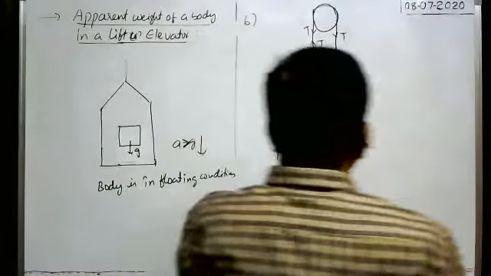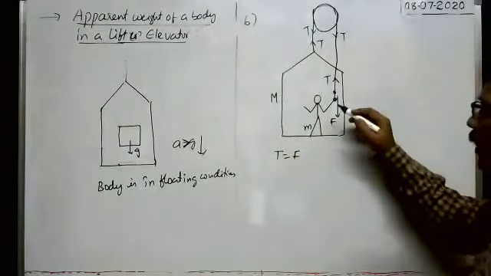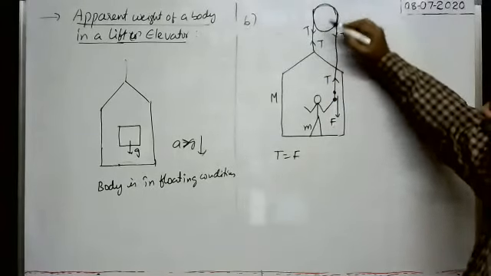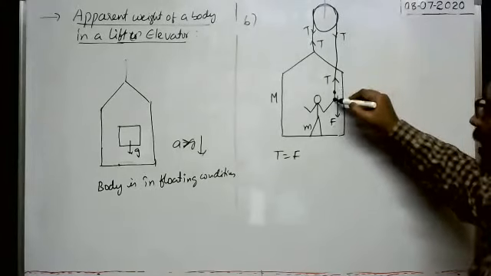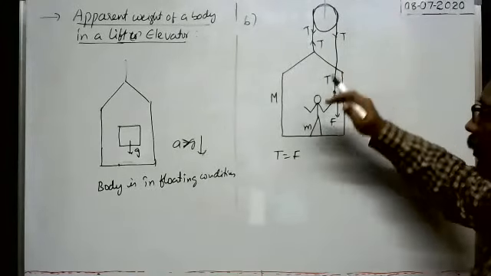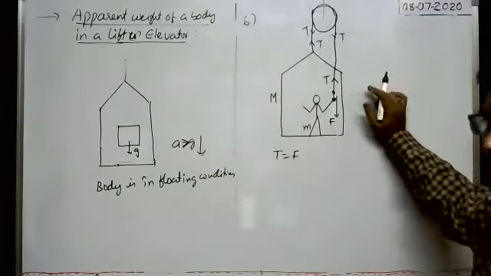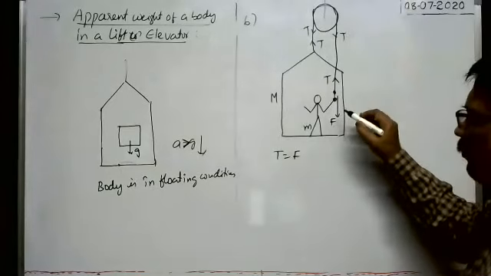Okay, upwards. When the rope is pulling downwards, I will explain again the forces. Here, the elevator is fixed to one end of the rope, and the rope is passed over the frictionless light pulley, and the other end is held by the man who is standing on the platform of the elevator, inside the elevator. Now whenever the man pulls the rope in downwards direction with a force F,